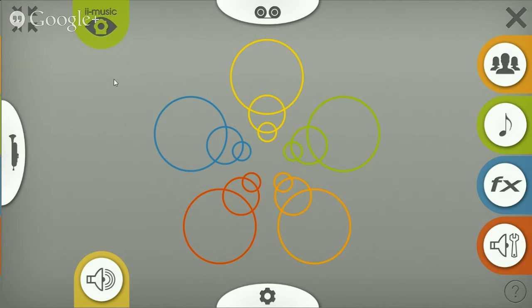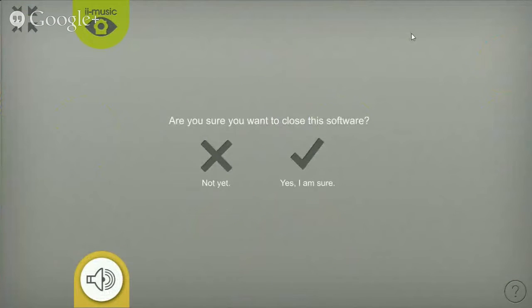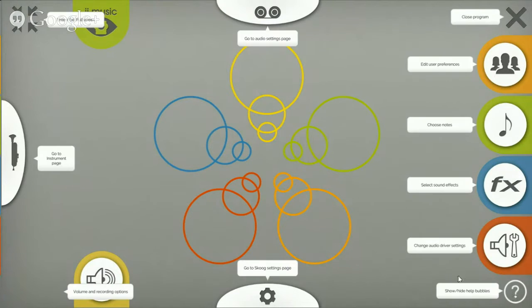Now, let me talk you through some of the major points of the software. First thing, it's full screen, obviously. So this guy over here gets you in and out of full screen. Okay. If you want to quit the software at any point, you use this guy, and it asks you, are you sure? And I'm definitely not sure, so I've decided to go back. And a key feature when you're getting started is to go to this question mark here,